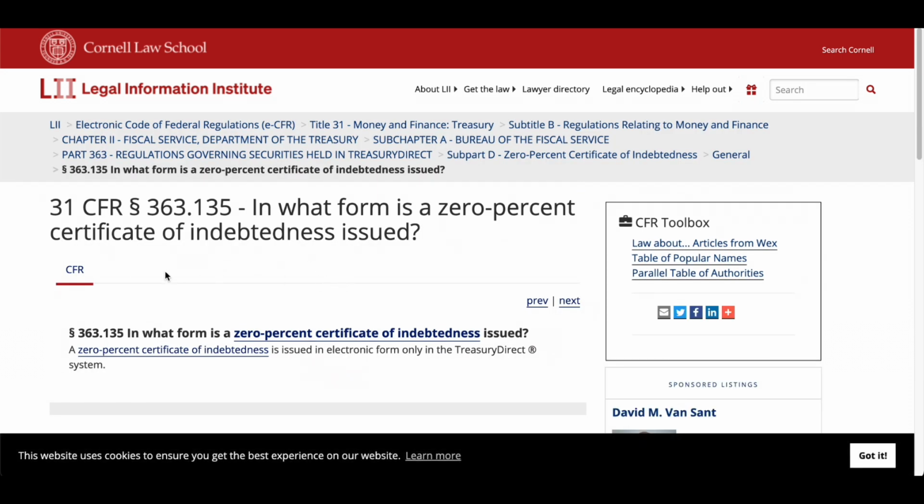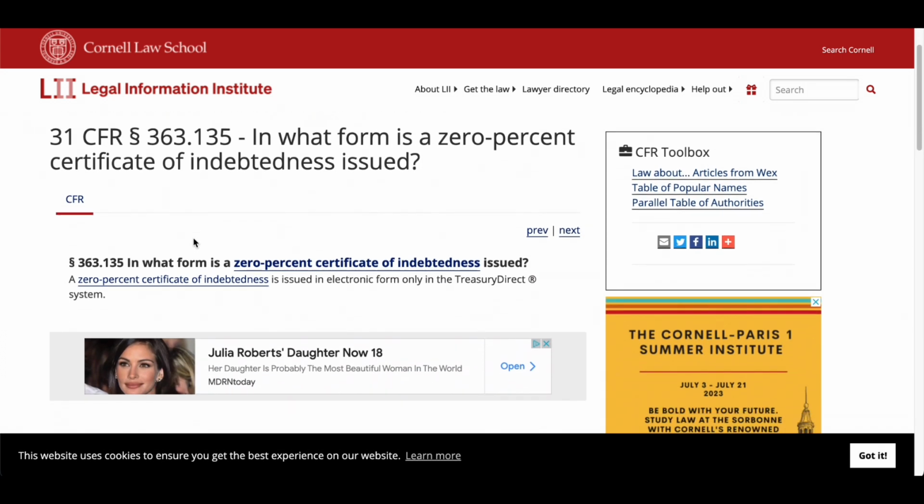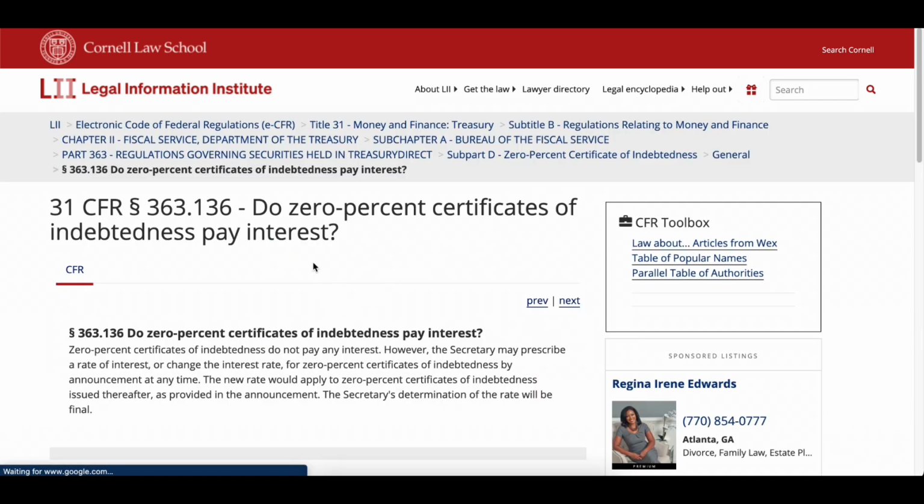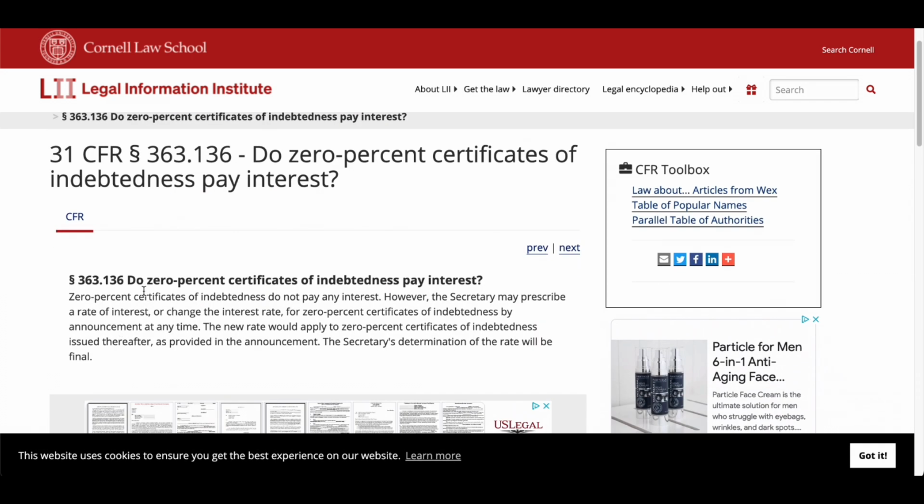Okay. Let's see. A 0% certificate of indebtedness is issued in an electronic form only in the TreasuryDirect system. Okay. Say, do 0% certificates of indebtedness pay interest? 0% certificates of indebtedness do not pay interest.